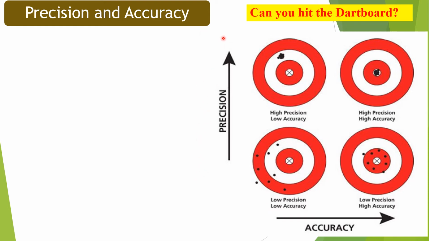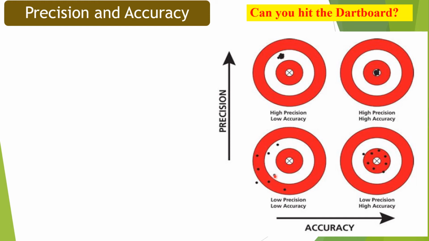In Ms. Hania's experiment, you can see that the hit pointers are away from the central point of the dartboard and all the targeted pointers are far away from each other. Because pointers are far from the central point, there is low accuracy,